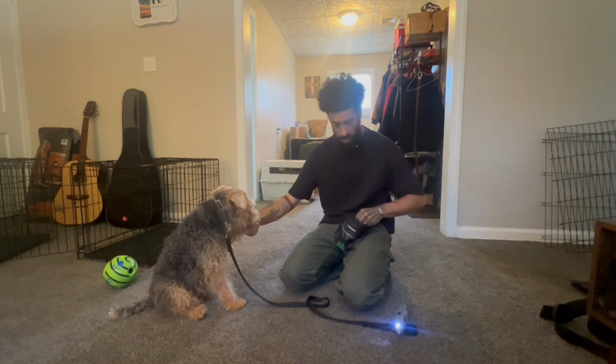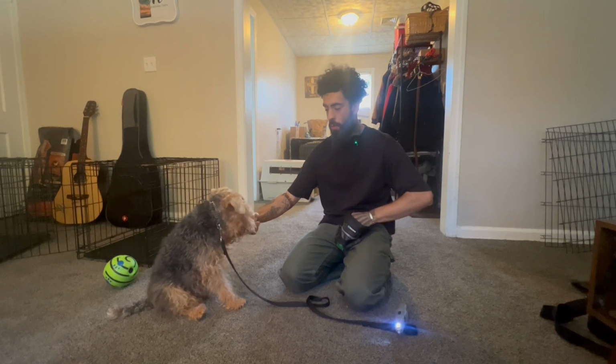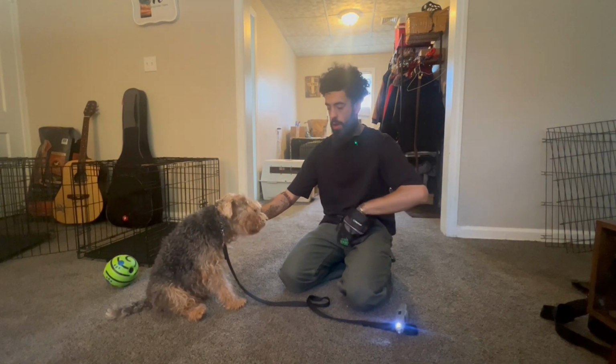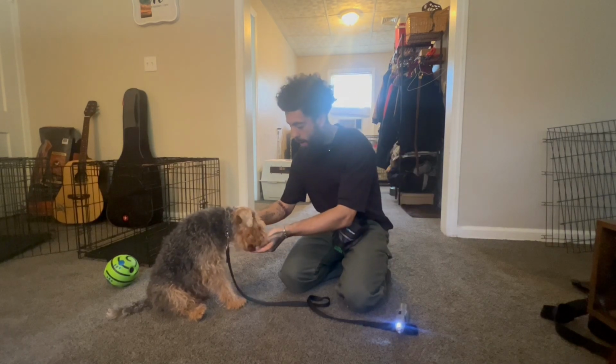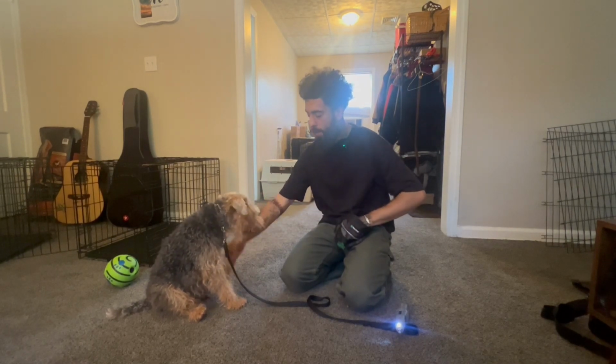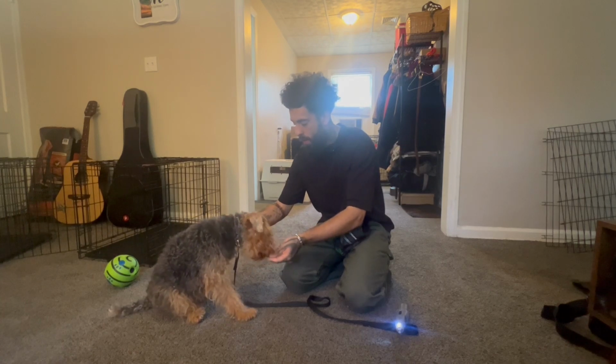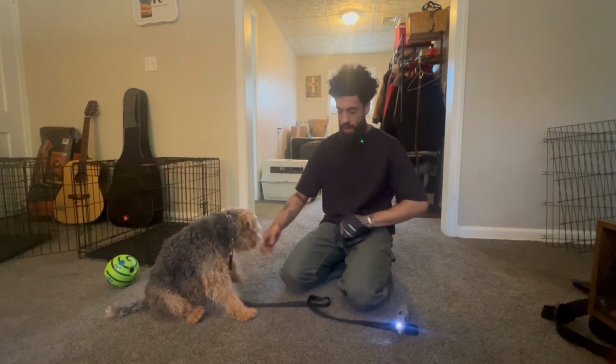While I'm holding her nails with the sound on, I start rewarding her. Good, because a lot of dogs, they don't even like their paws touched. Good girl. I'm just touching her nails. I'm messing with them while I feed her here. She's just eating while I mess with her nails. And then this step,